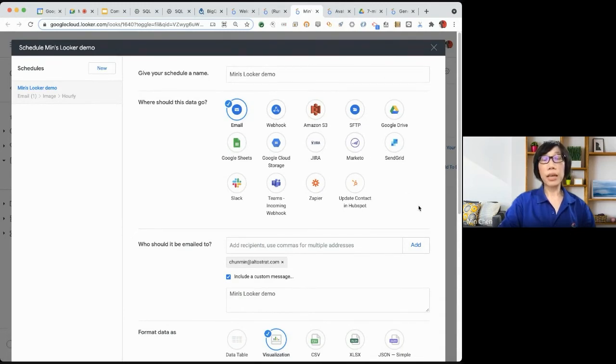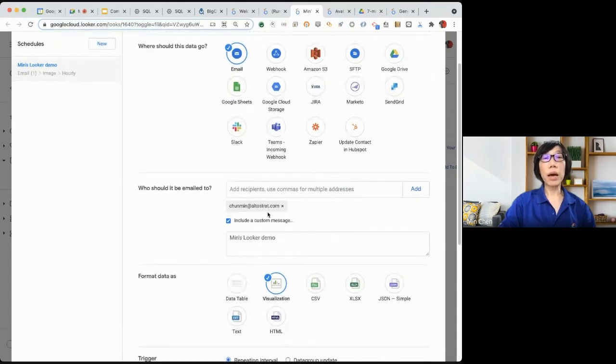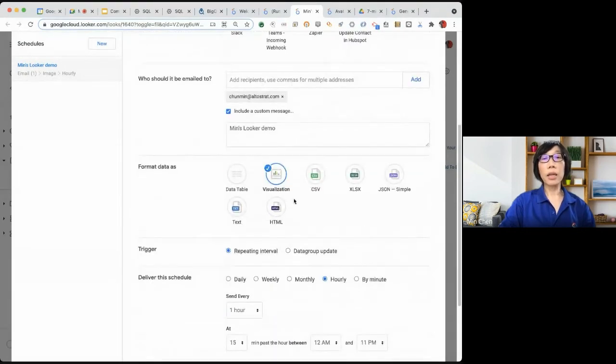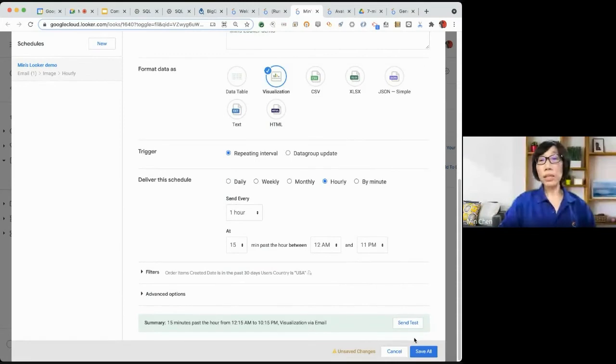In this case, I choose the email and send it to my email account here, and I decided to send the visualization instead of the data table, and I do it repeatedly, hourly. So when I click save, you can actually do a test send. What you will see here is,